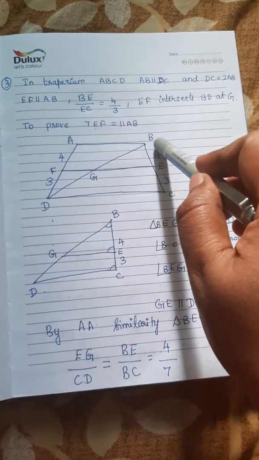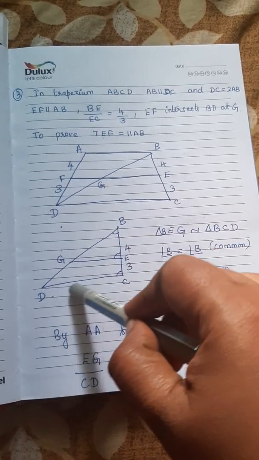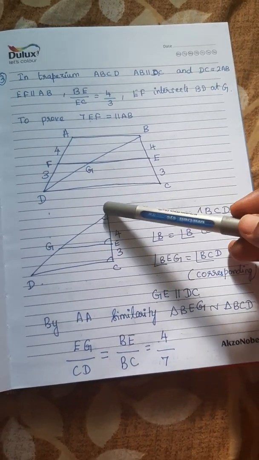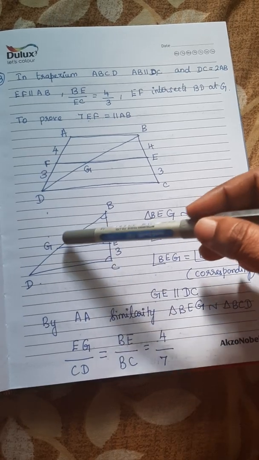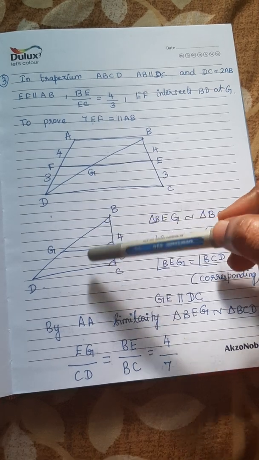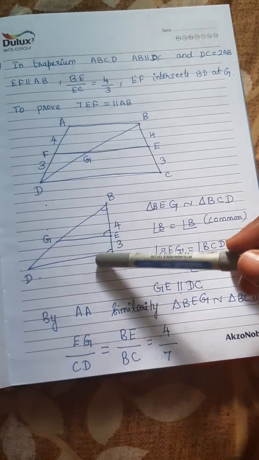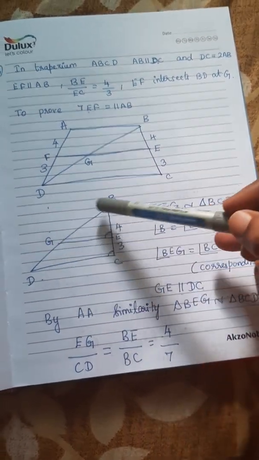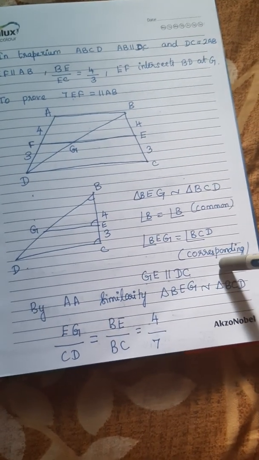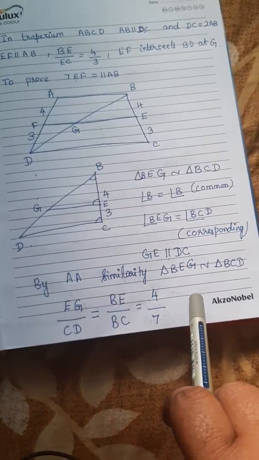So this is triangle BCD. So I am first considering this triangle BCD. So what happens here is, I am checking out what is the relation between this BEG triangle and BCD triangle. Easily we can say these 2 triangles are similar triangles. Why? Because angle B is common, and this angle BEG and BCD, since these 2 lines are parallel, they are corresponding angles, therefore 2 angles are equal, therefore the 2 triangles are similar.